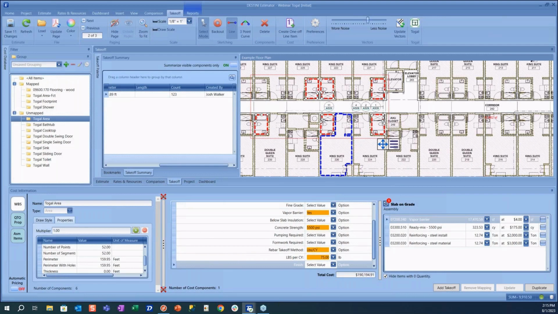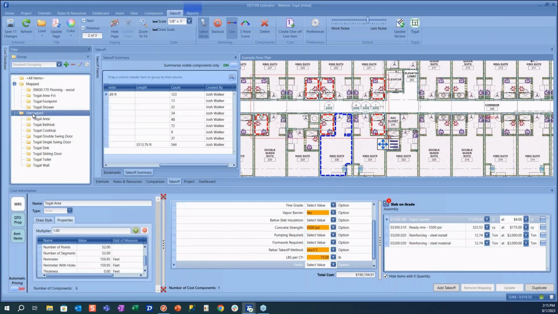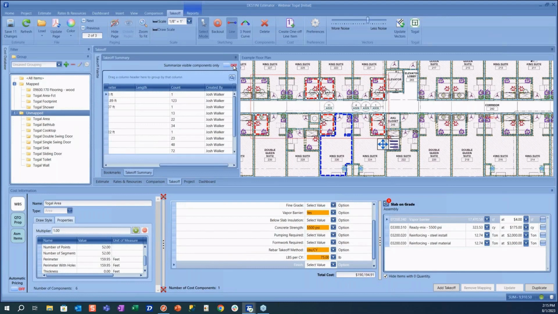Yes. So we did takeoff on one page today. And so all the takeoff was from one page, but there is a switch up at the top that says summarize visible components only. So that means you just see the takeoff from this page. If you turn that off and we had takeoff on other pages, it would show you all the takeoff from across all the documents, and you could use that total quantity to tie cost to an